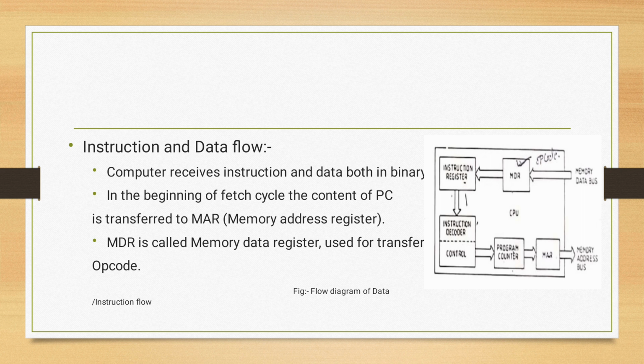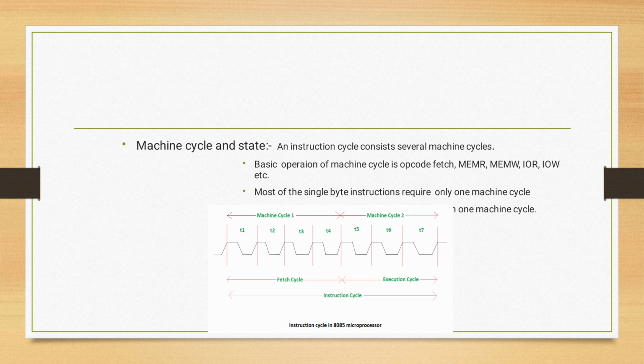In the case of the Intel 8085 processor, there is a data buffer for this purpose, and the operation code is then placed in the instruction register, which is called IR. The instruction is then decoded